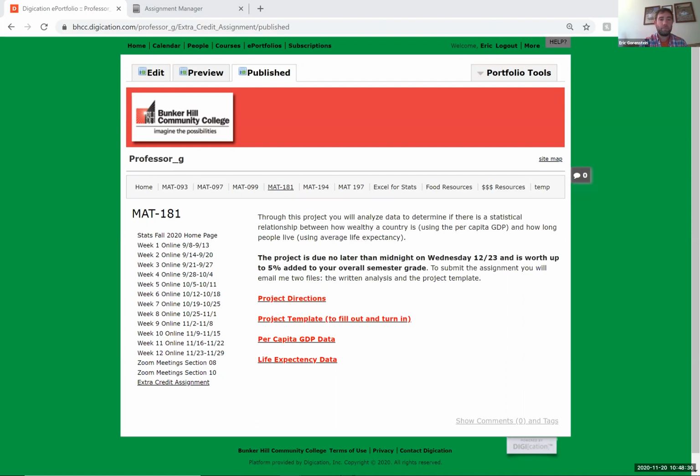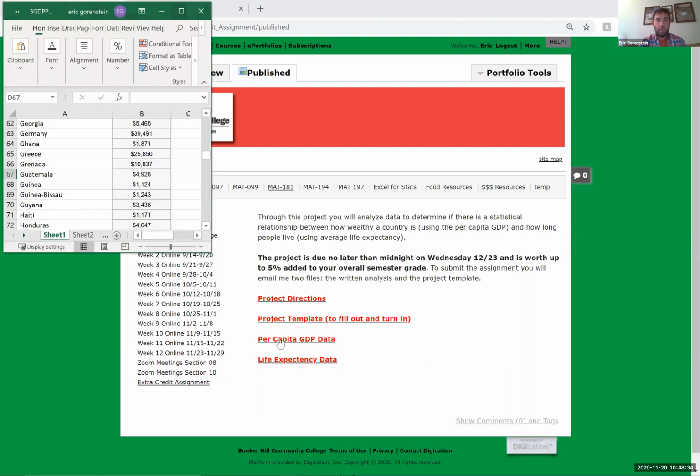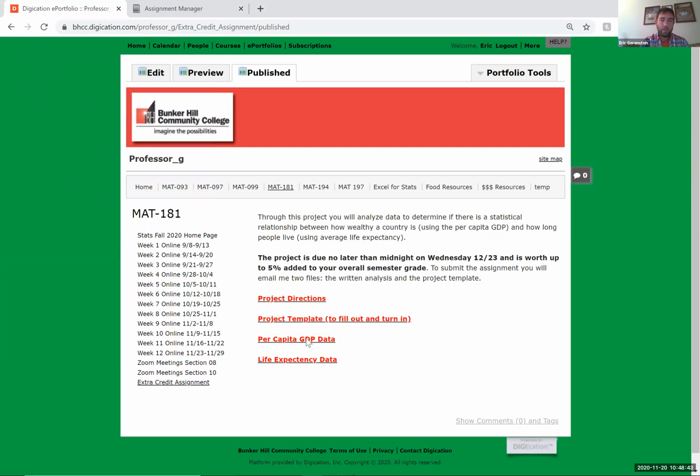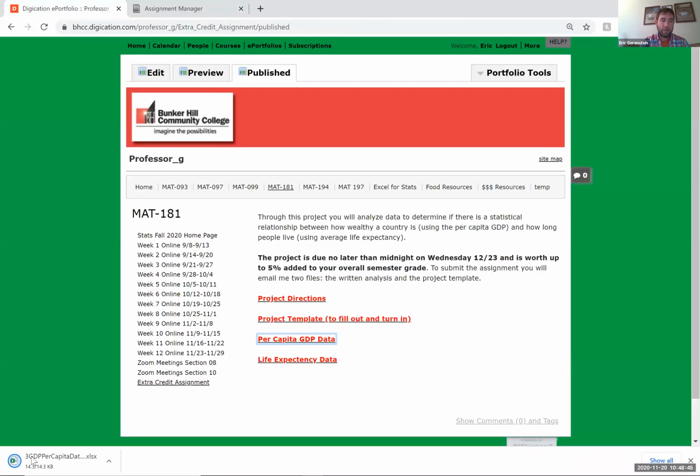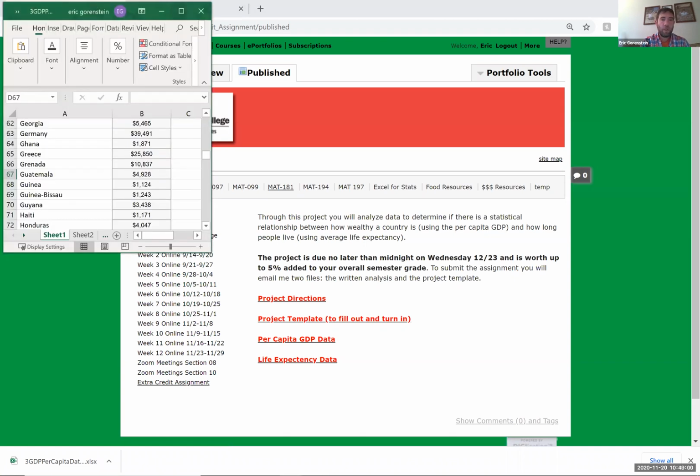I am giving you these two Excel files, this per capita GDP data, that's an Excel file that you download. You'll just click on that, and it will automatically download that Excel file. Same thing for life expectancy data. So these two data files you download. The first one